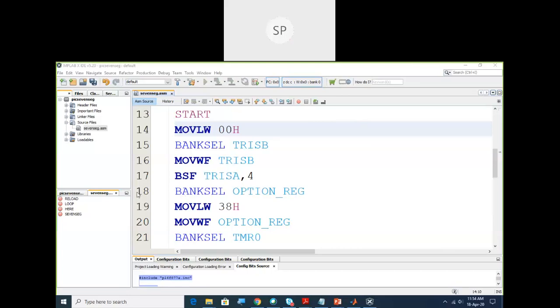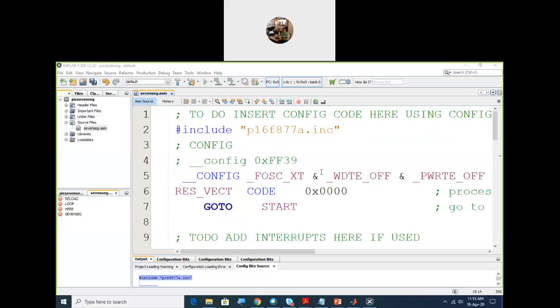Sir, the font was a little bit lighter. सर फॉन्ट थोड़ा लाइट दिख रहा है.